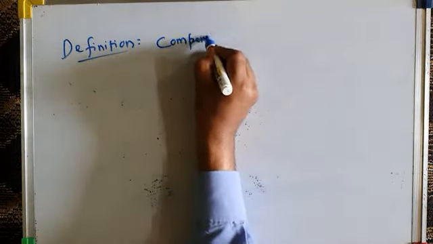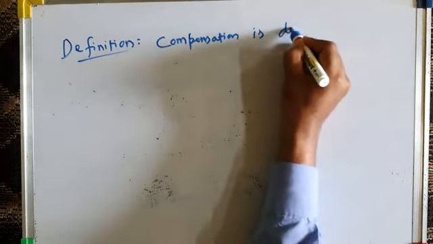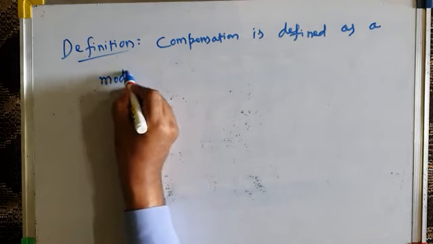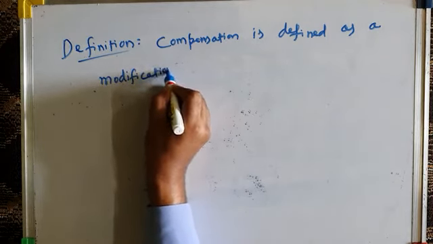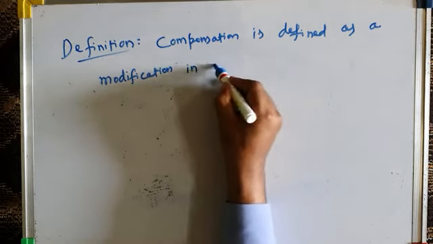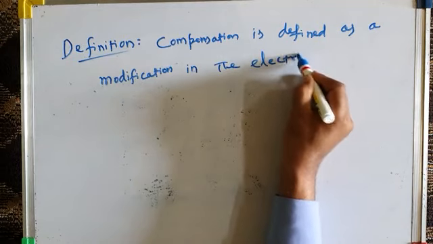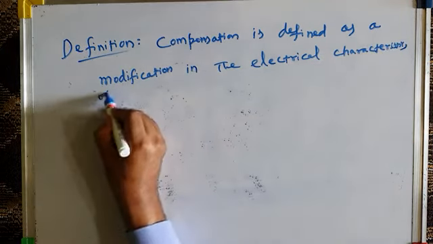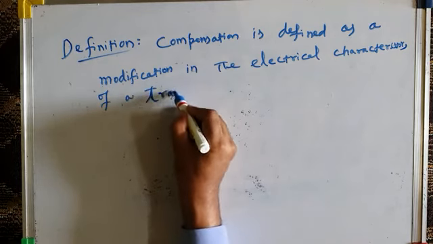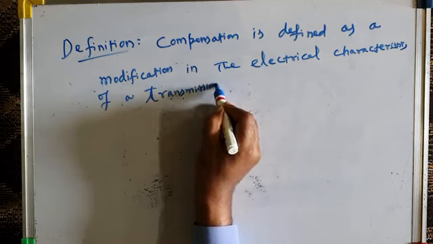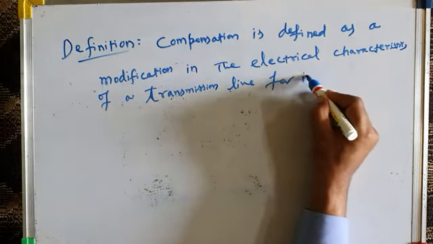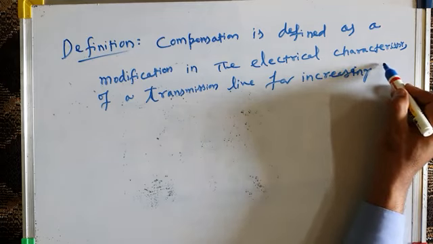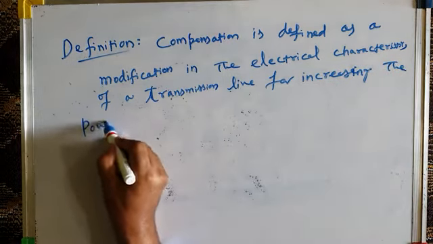I will write here, compensation is defined as a modification in the electrical characteristics of a transmission line for increasing the power transfer capability of the line,